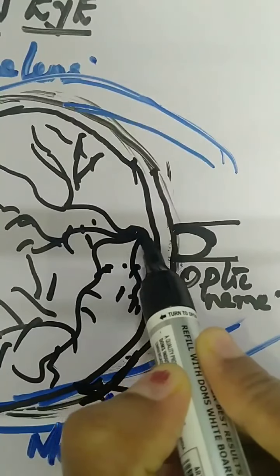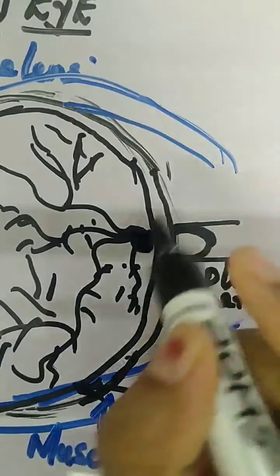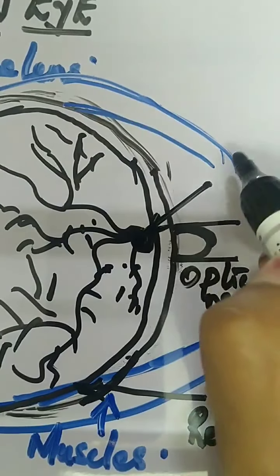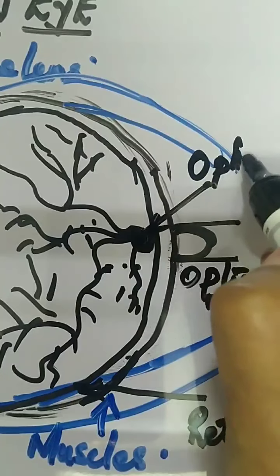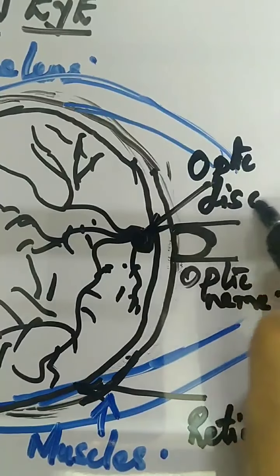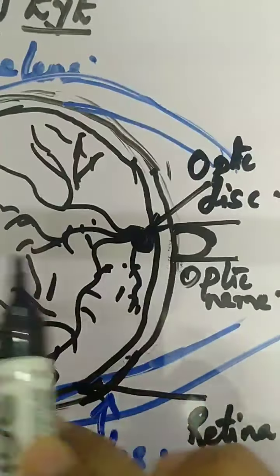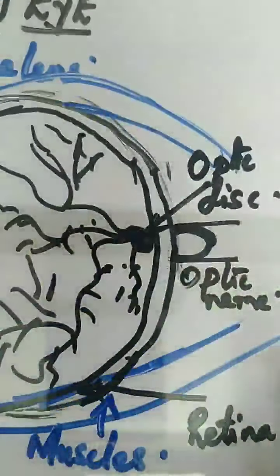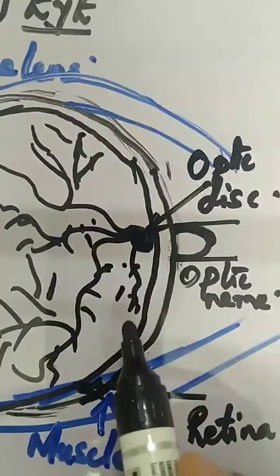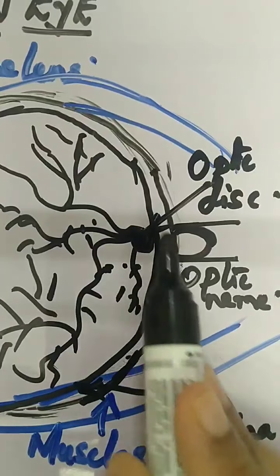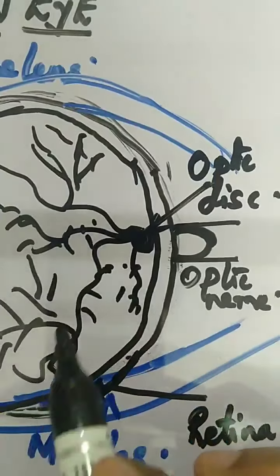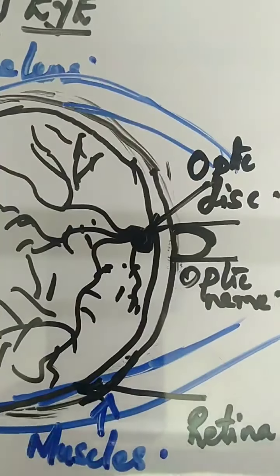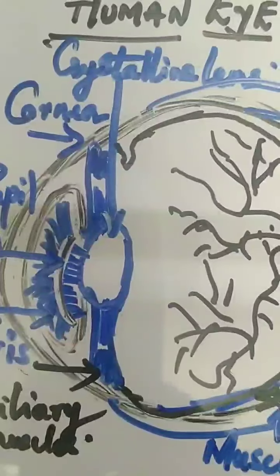The circle which you drew, from where the nerve started, is another important part. That part is called the optic disc. Circle means the optic disc. Optic nerves and optic disc. Then these are the muscles which you drew up and down. The most important part, the retina, should be shown a little darker. And then the optic nerves. Then one more layer for the retina.